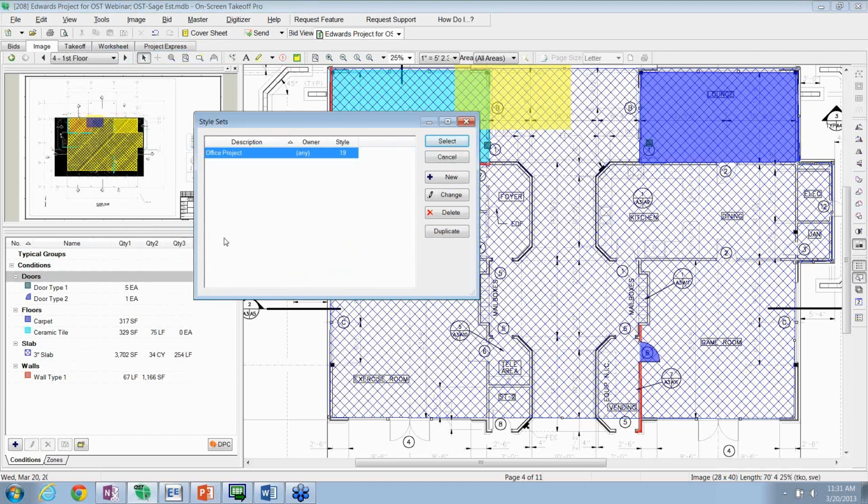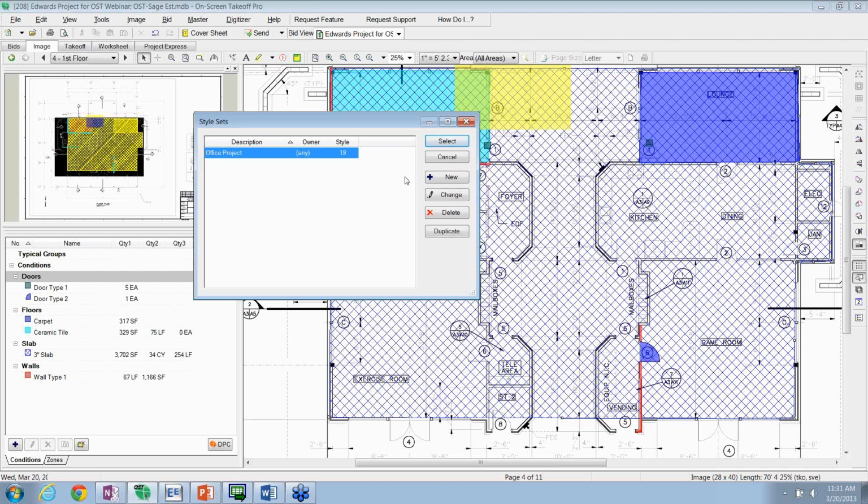Now, let your imagination run with this. I've had people say, hey, we do concrete and framing, I want to pull in the concrete template or the framing template. Others, like I said, tenant improvement versus a shell and core project. So you can use those for lots of things, but what's nice about this now is instead of having to